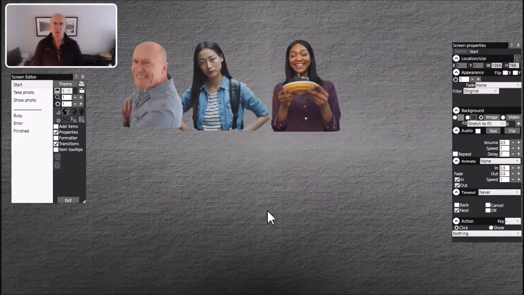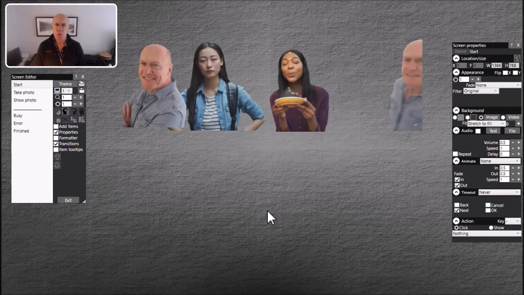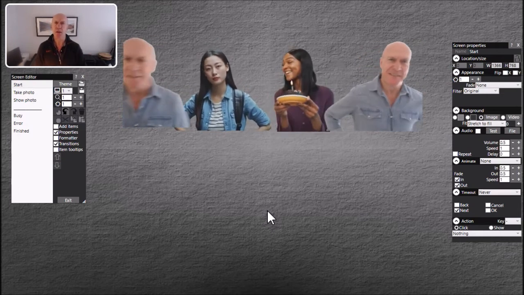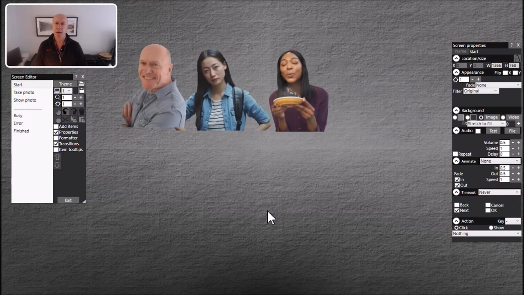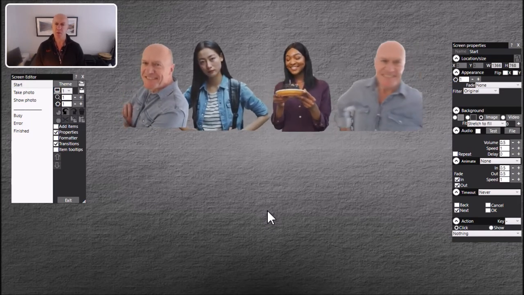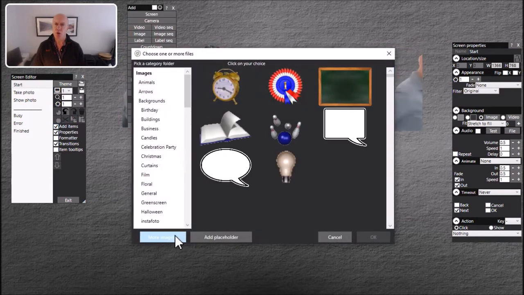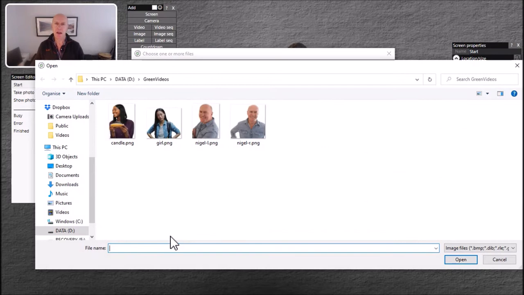Okay, the next thing to do is to give your users a way in which they can select these video characters, so they can choose one or more to be included in the photo capture. Now I'm going to use images for that purpose, so let me add items, image, more images, and again I'm choosing some pre-created files here. Now these are PNG files that I captured from the video clips that you're watching. Now you don't have to use images, you could use text objects or anything you like really, but I'm going to use these 4 images